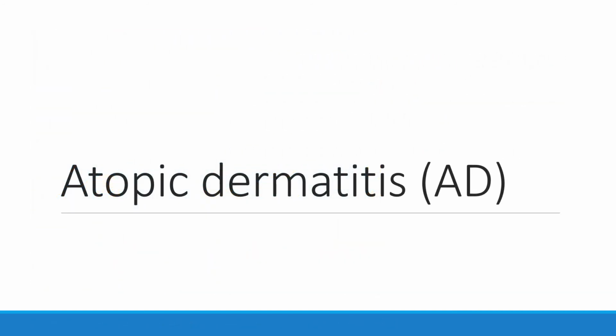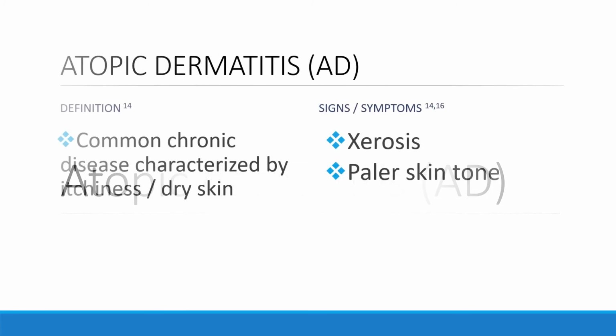So for the first disease of this category, I will be talking about atopic dermatitis and two complementary therapies that I've researched that can be beneficial for this. What is atopic dermatitis? So I will be abbreviating this as AD. So AD is a common chronic disease characterized by itching and dryness of skin. This is commonly caused by a damaged skin barrier,